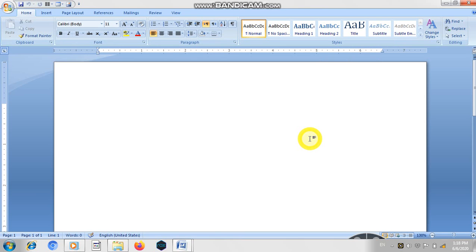We can type text here, we can type essays, poems, anything you would like to type here. First of all, as you can see, this is a blinking line in black color. We call this blinking line a cursor. Cursor shows the position of the text. So first of all, let me type something.